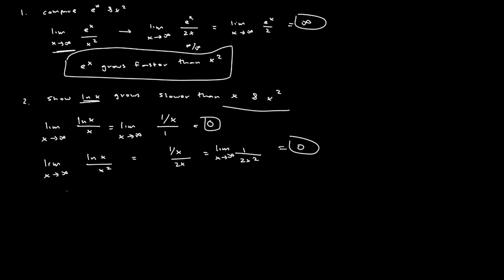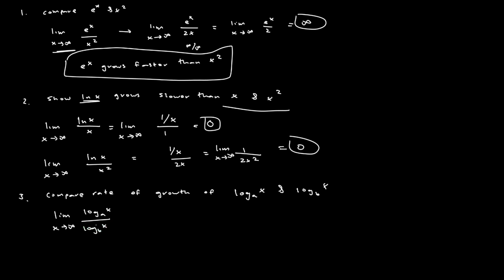The third example is compare the rate of growth of log base a of x and log base b of x. So let's apply the definitions. Limit as x tends to infinity of log base a of x divided by log base b of x. Naturally, to compare these, we want them to be in the same base. So let's use the change of base formula to rewrite this as